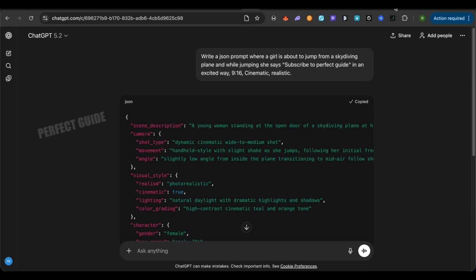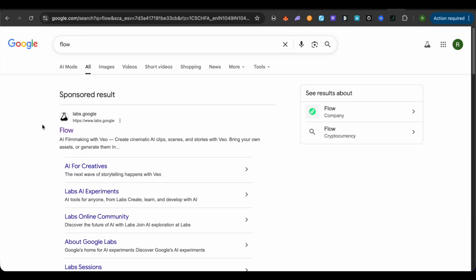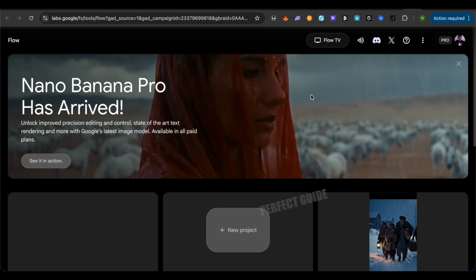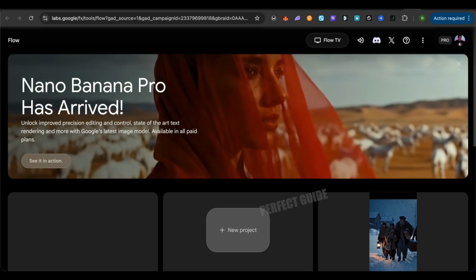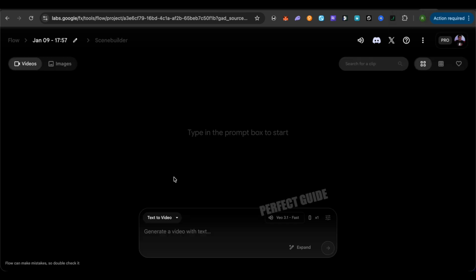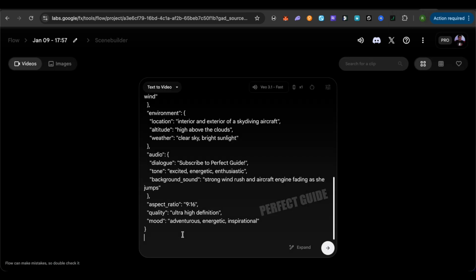and open up Google, search for Flow and open up Flow. After that, this is where it will take you. Simply log into your Flow account and after that click on this option of create new project, and over here you need to just paste the code that we just got from ChatGPT and click on this option of settings,